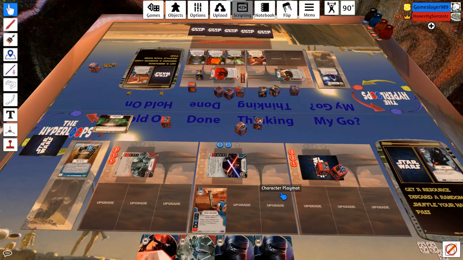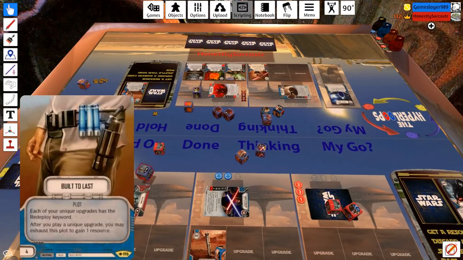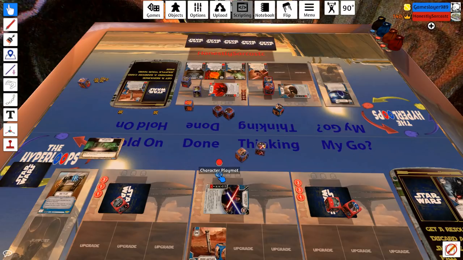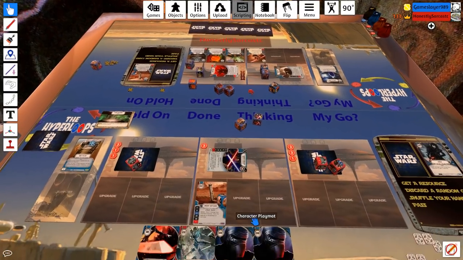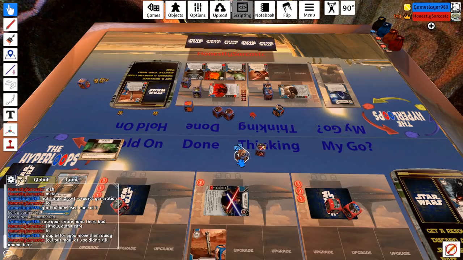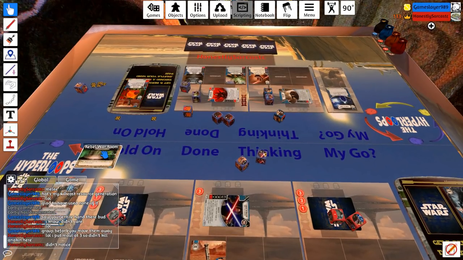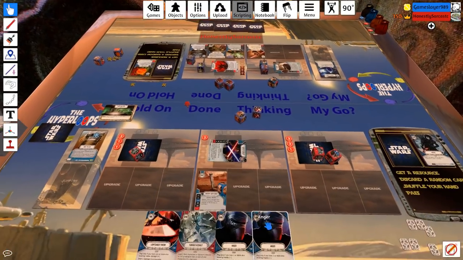Yeah, so not having that extra Anakin die has really, really hurt me this game, because the idea is I can use Built to Last to have something happen, and no, nothing happened. Maybe I should be running Aftermath in this deck, though. That's a good point. I should probably run Aftermath in this deck. Yep, so I'm just going to go ahead and...